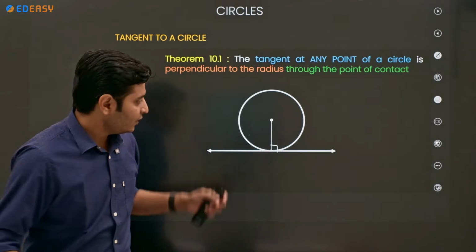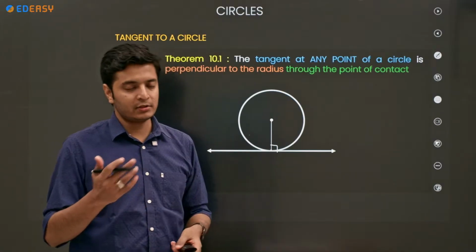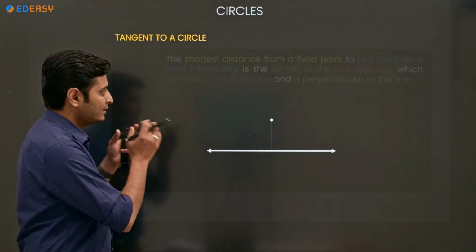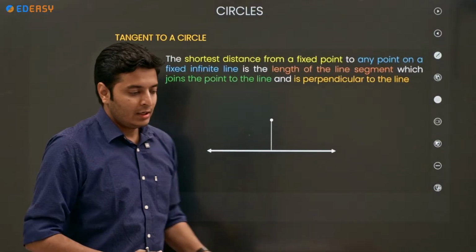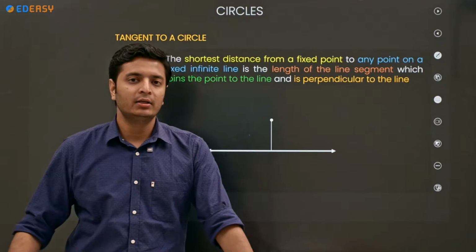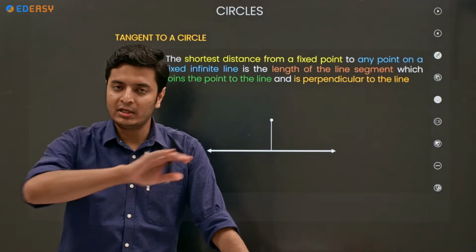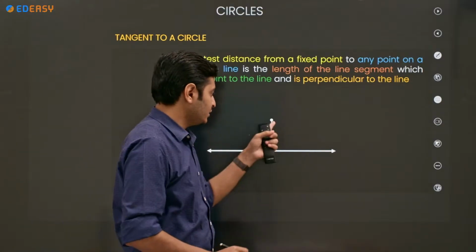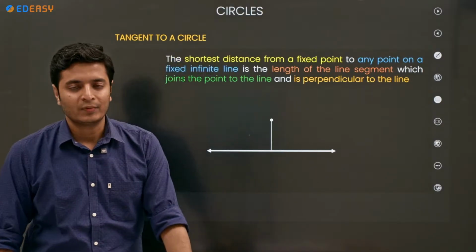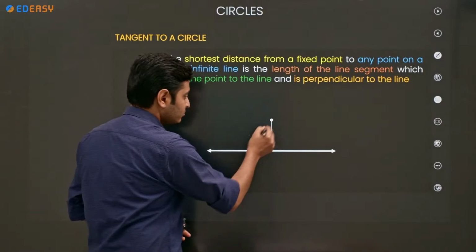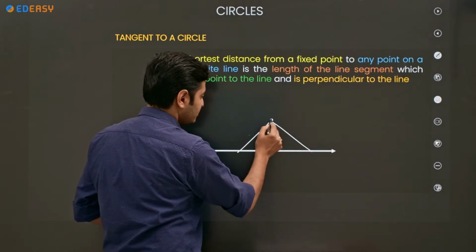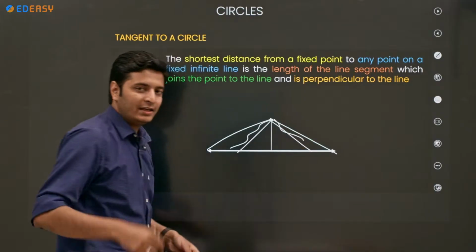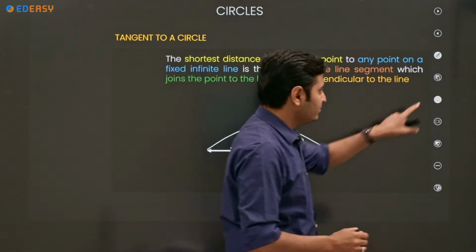Okay, how can we prove this? First we need to understand one thing, and that is this concept. In between a point and a line, there are multiple ways to join them, correct? Suppose this is a line and this is a point. So I can join them like this, like this, like this, like this, even in a zigzag way, in any way possible, I can join them. But